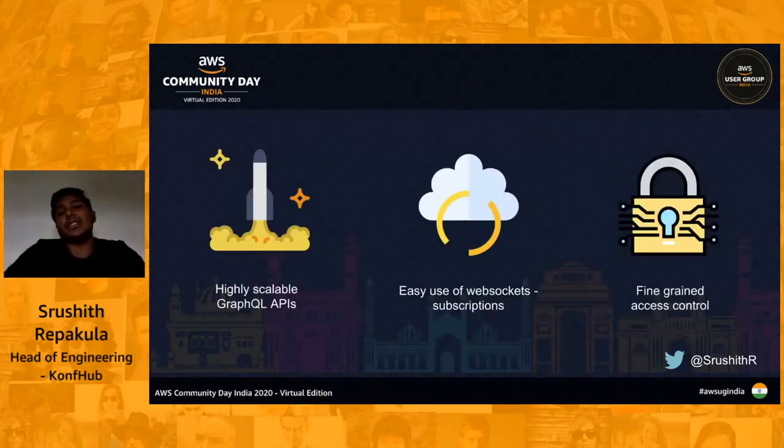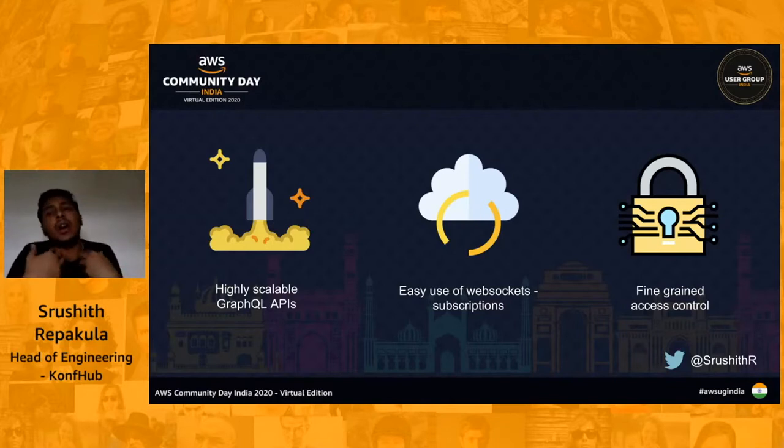What are the advantages of using AppSync? Highly scalable GraphQL APIs. AppSync is again a serverless service. So of course, you all know the basic advantages of serverless. When can you term a service as serverless? One thing is you don't have to take care of or manage the infrastructure.